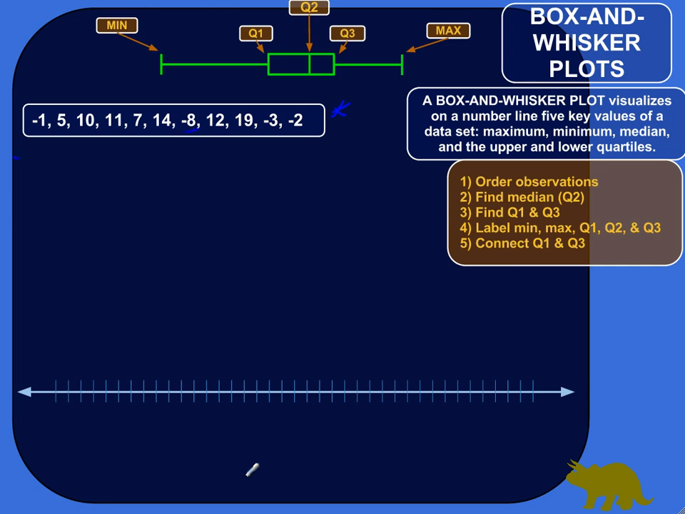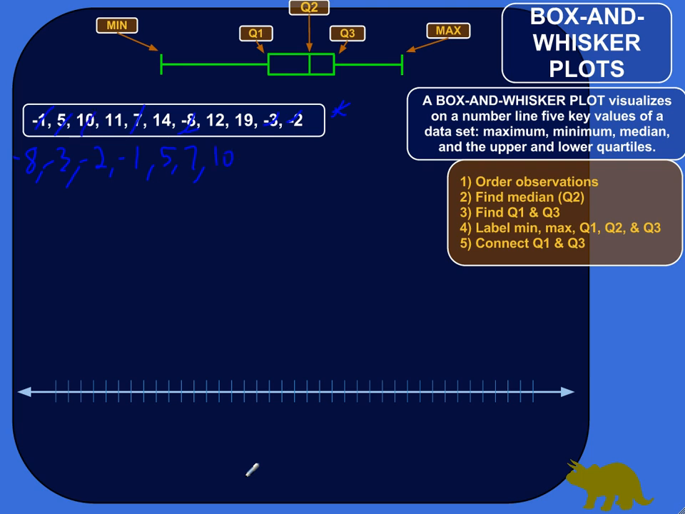So we've got -8, looks like the lowest. Then we've got -3, followed by -2, followed by -1, and then let's see. I'm just scanning my eyes back and forth, comparing numbers here. All right, 5 is next. If you mess up and miss one, you can just insert it where it needs to go. 5, 7,